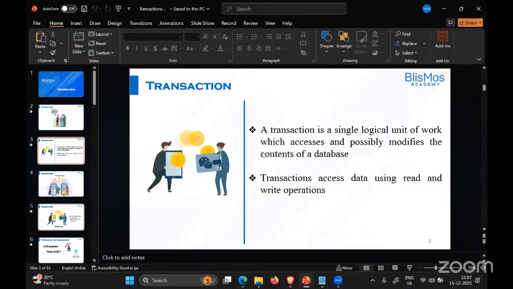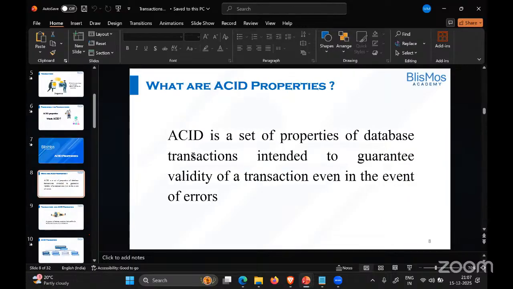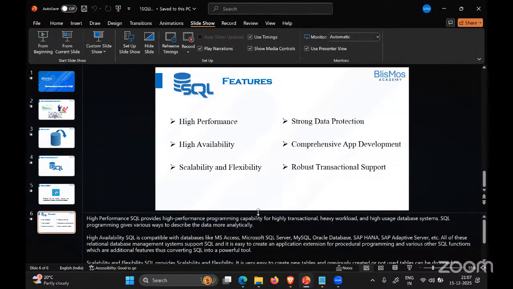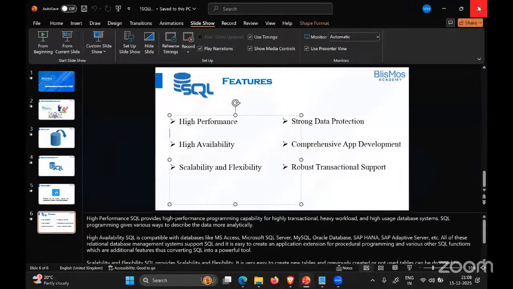And we do have important properties called ACID properties. That is atomicity, consistency, isolation, durability. We do have videos of these ACID properties. Please do watch them because they are important aspects of any database. Wonderful. So a database offers wonderful transactional support through SQL. You guys got it? Any questions here from anyone? You guys are cool?